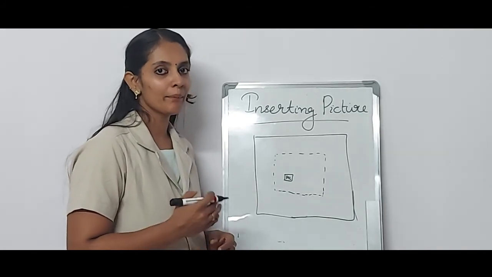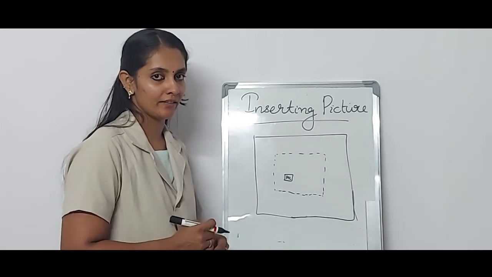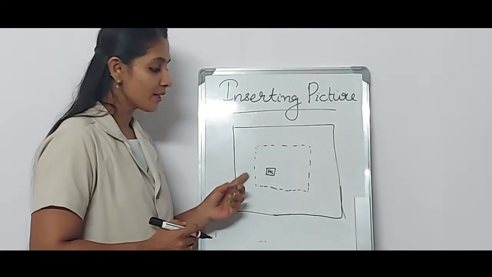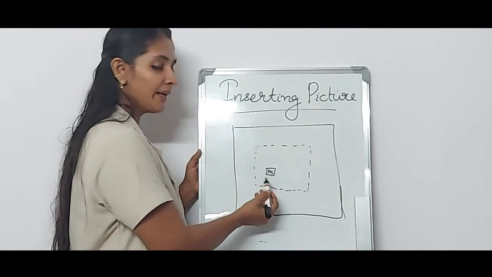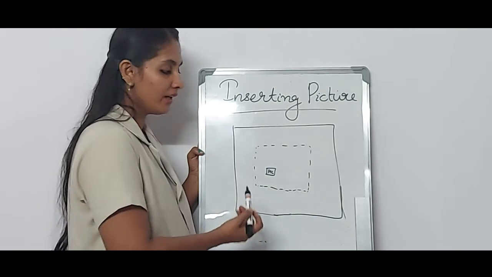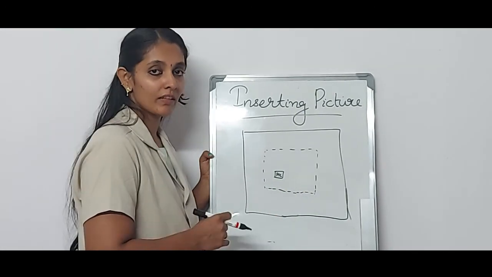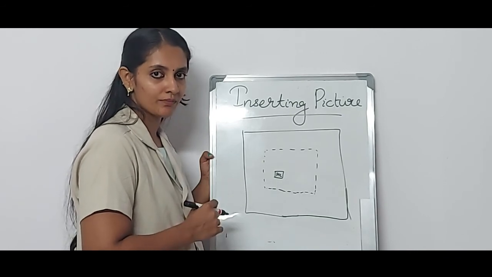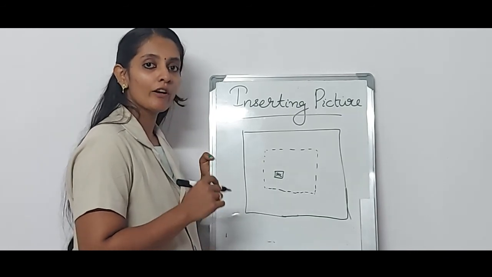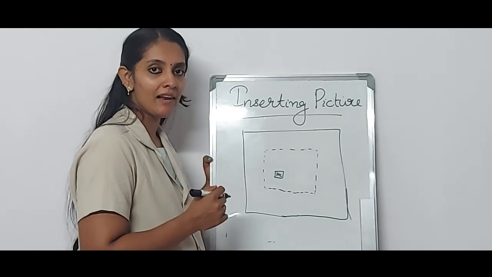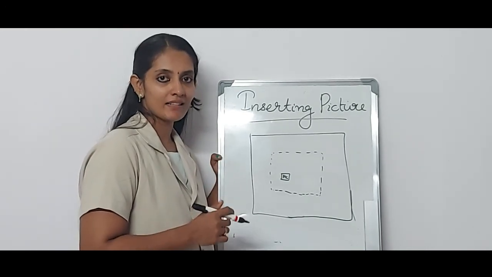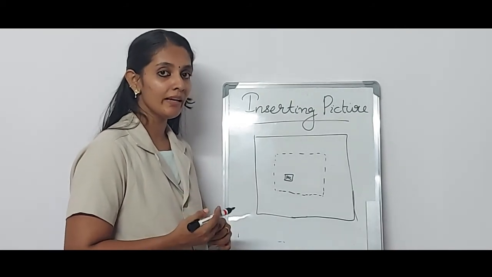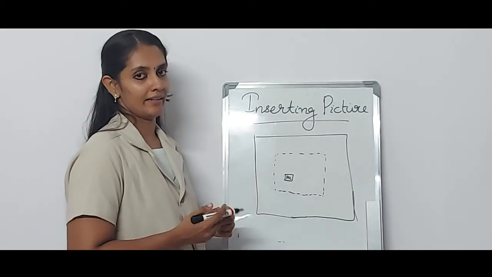Next topic is inserting picture from a file. We are going to insert a picture from a file into the slide. For this, in your slide, from placeholder box, you can see a picture option. Select the picture from the placeholder box. Then you can see the insert picture dialog box. From that, you have to browse the location of the file. After selecting the file, just click insert button. Then the picture will be inserted into your slide.